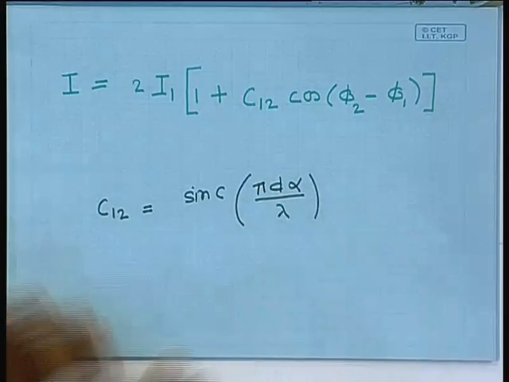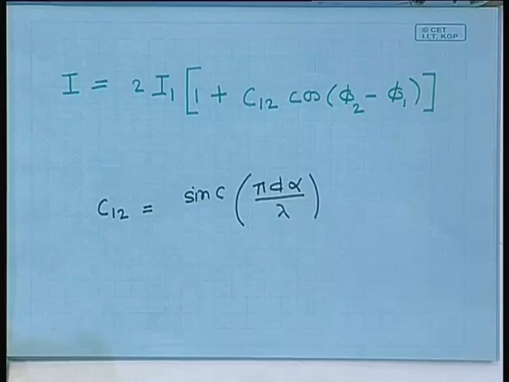So, what do we learn from this exercise? What we learned is that at the central point, you are measuring the spatial coherence of the wave. By spatial coherence of the wave, you mean the coherence between the wave at two different points at the same instant of time. And what we find is that the spatial coherence of the wave in this particular case depends on the angle subtended by the aperture which is illuminating it, the angular extent of the source.